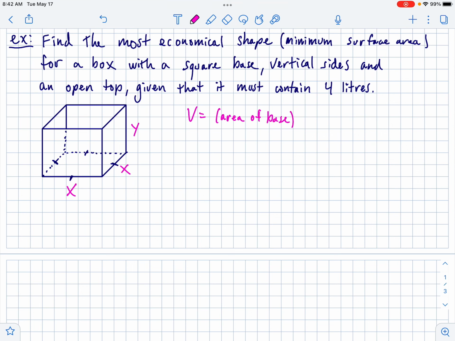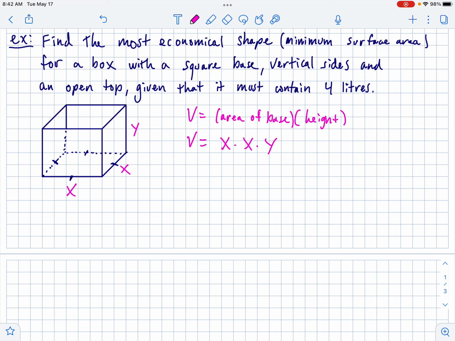area of base times the height. So that means volume is x squared times y. And we need volume to be